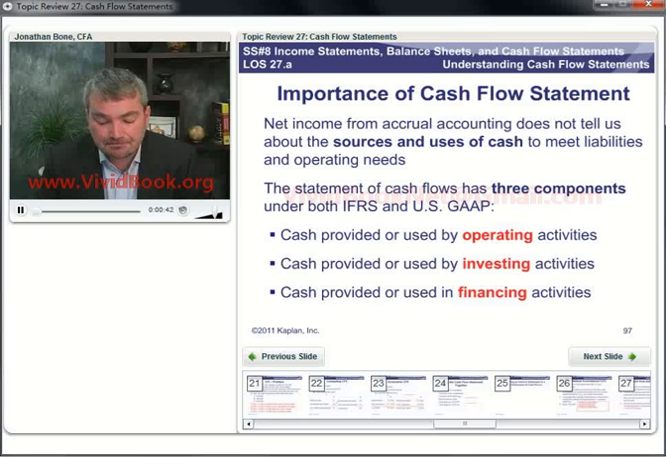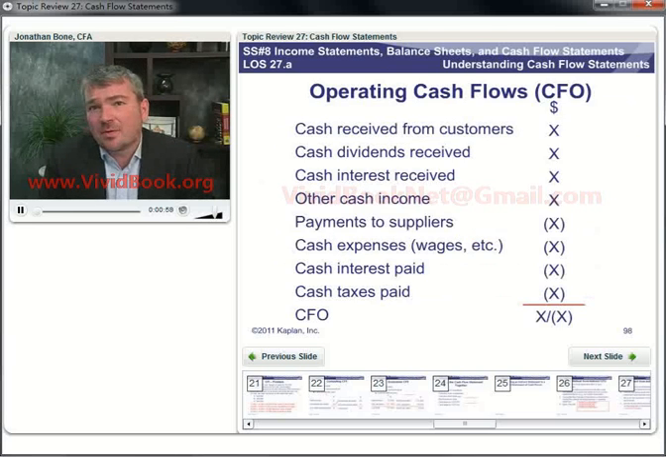projects. Now, our first LOS asks us to compare and classify items in our three categories: cash flow from operations, cash flow from investing, and cash flow from financing. So taking cash flow from operations first, you can see that cash flow from operations is just showing you all the cash flows that you've received from your day-to-day business operations, less all the cash flows that you've spent on